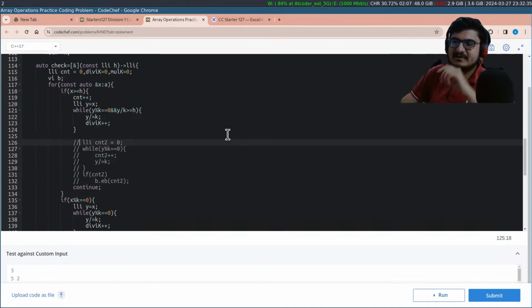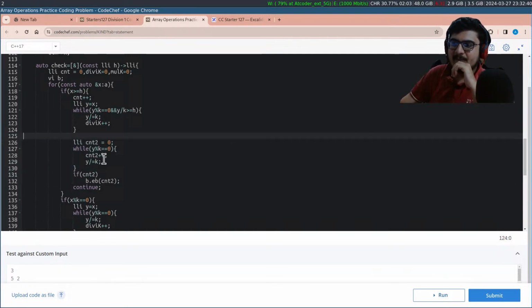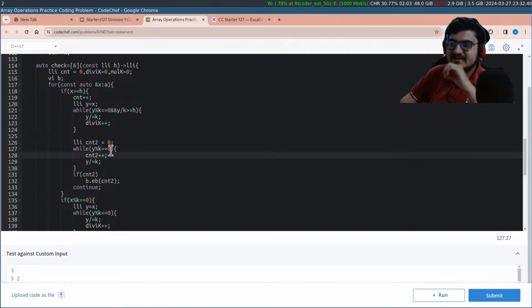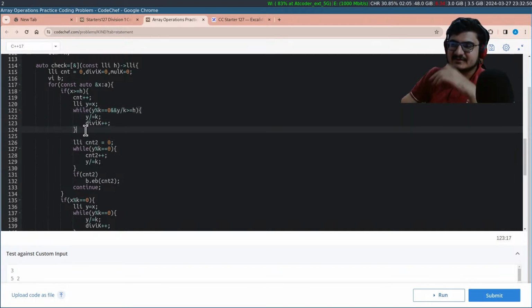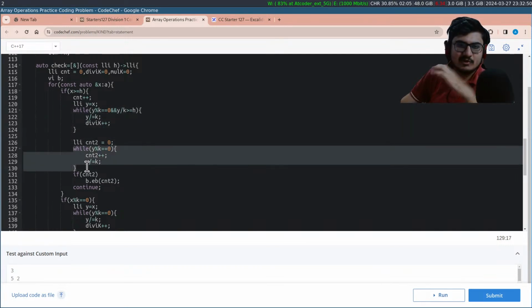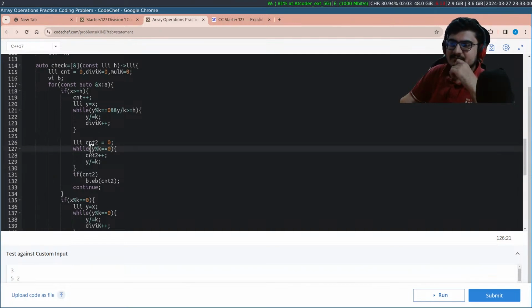And now I have a separate count too. If I multiply this number and make it less than k, then how many multiplication operations can I get? This one was the idea so far when the number still remains greater than h. Now I am fine if you reduce this number to make it less than k, but how many multiplication operations can you get from it? So I keep dividing it, I keep adding count2 plus plus, etc.